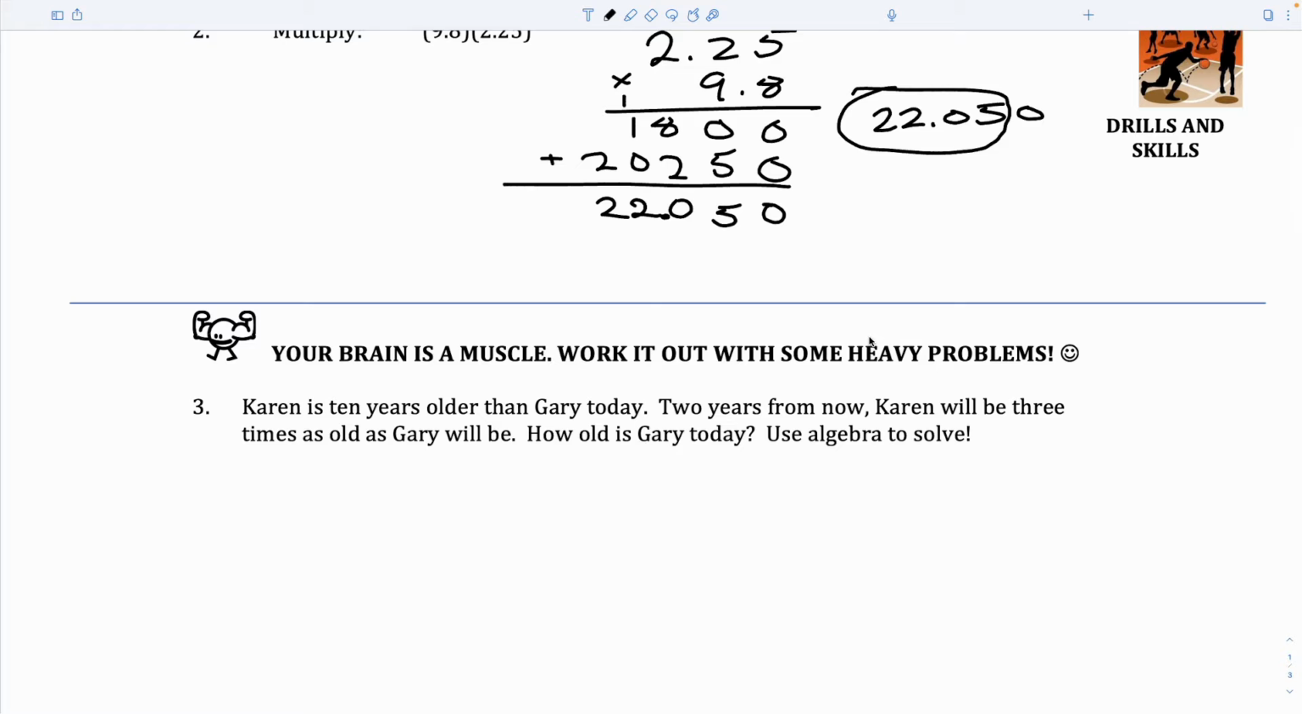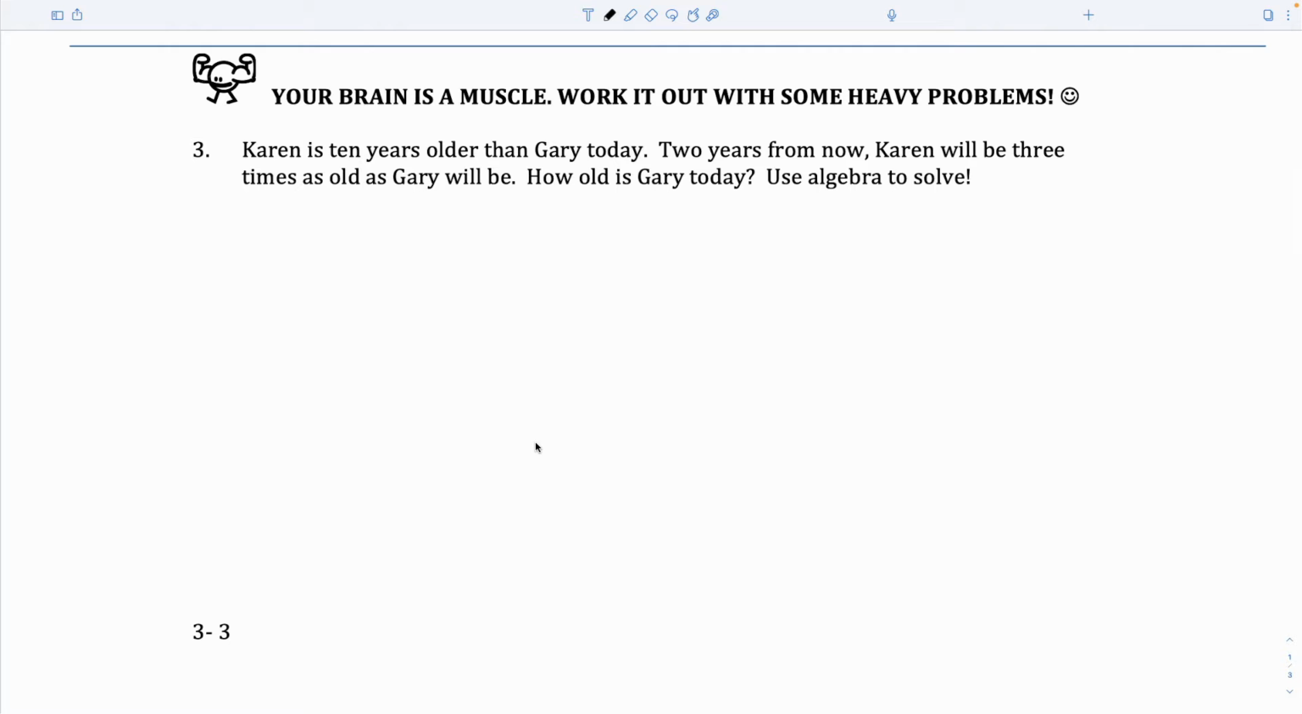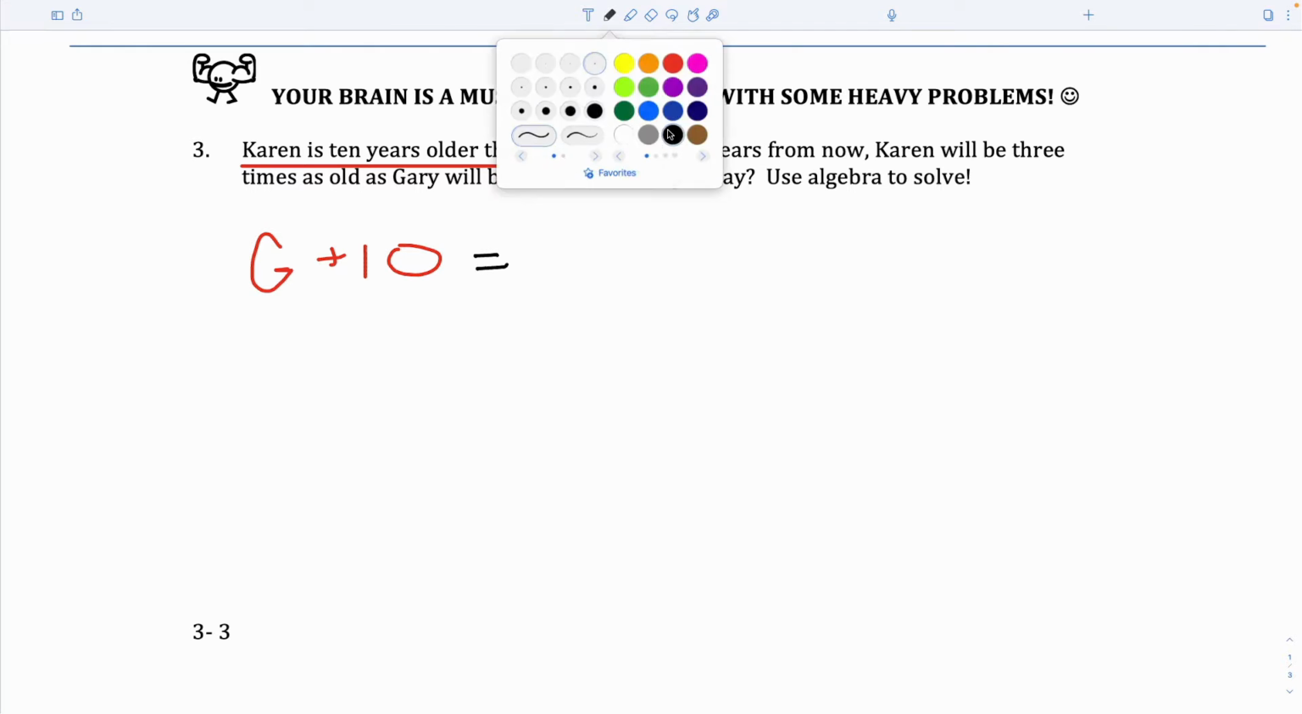Number 3 is a beast of a problem, and hopefully you had some healthy discussions and maybe a tad bit of good frustration with it. It's really hard, and if you don't have it at all, just write down what I have. We know a few things. We know that Karen is 10 years older than Gary today. So today, Karen is 10 years older. Okay, there's Karen. But then you also know another thing about it, that 2 years from now,